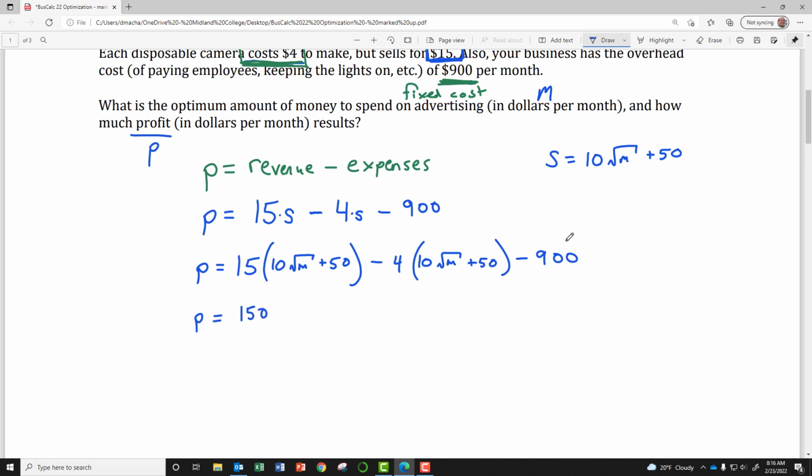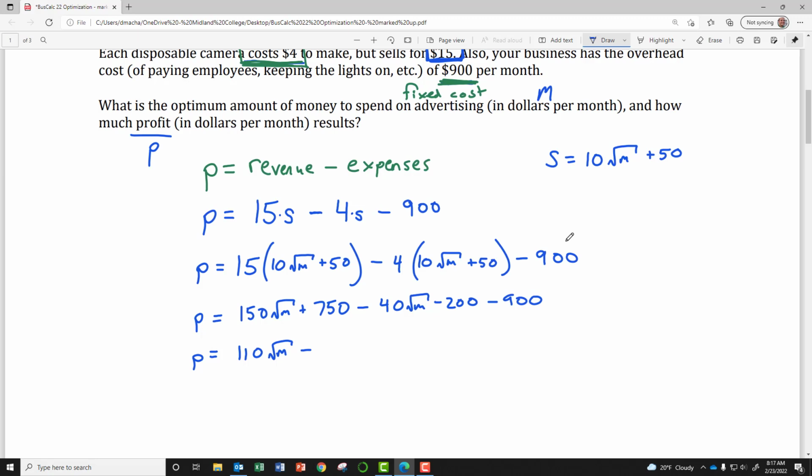So distributing that 15, this is 150 square root M plus 50 times 15, I think is 750. Minus, distributing the 4 gives me 40 square root M minus 200 minus 900. And so collecting like terms here, I have terms with a square root M. So this is going to be 110 square root M. And in terms of my constants, I have 750 minus 1100. So that's going to be